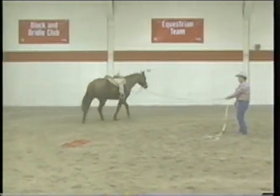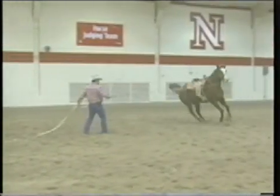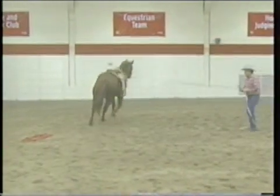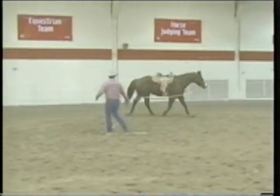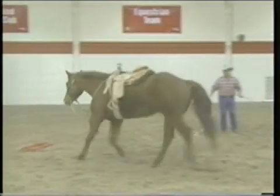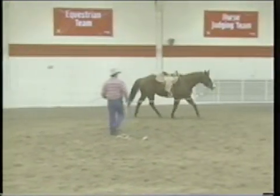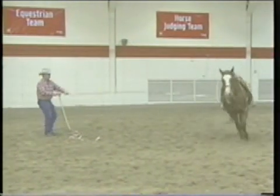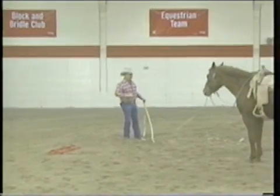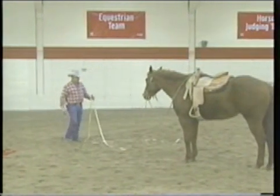This is to see if the horse is listening to you or if he's just listening to himself. Right now this horse is pretty fresh. He hasn't been trotted or loped today. So we're going to let him keep trotting here a little bit. To stop him, we'll pull towards our belt buckle. We'll step out in front and get him to stop. You can lunge him as long as you